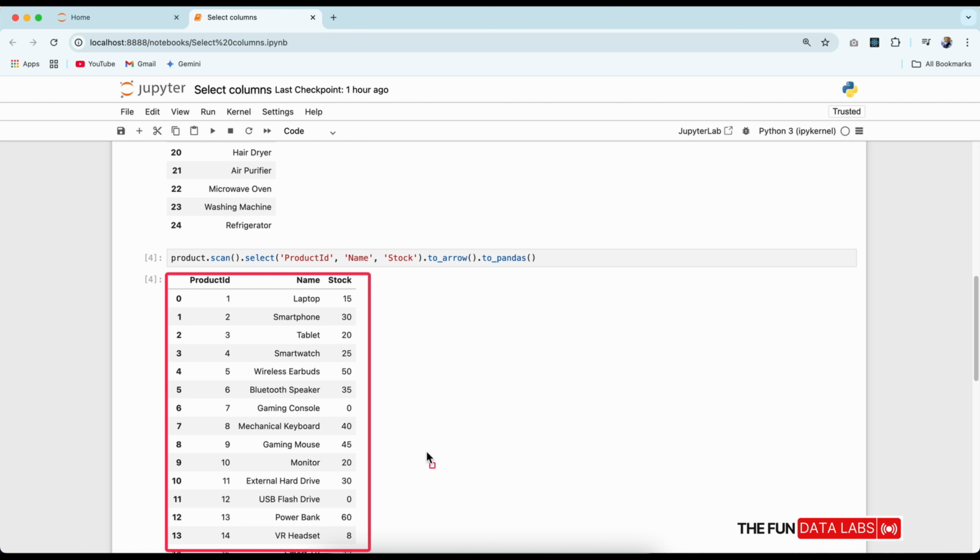Remember, the key benefit here is that Iceberg's architecture allows these operations to be efficient even on very large datasets, because it only reads the data it needs from disk. This is especially important when working with big data applications, where reading unnecessary data can be very costly.